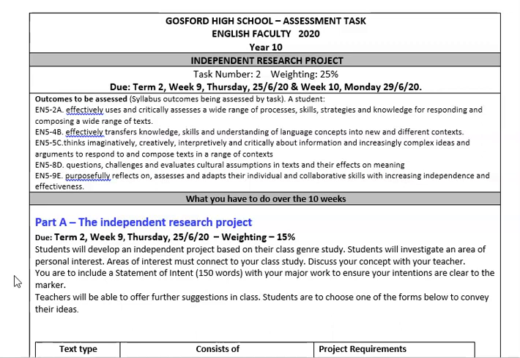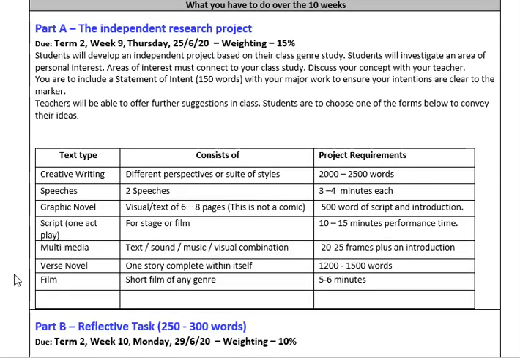Now, there are two parts that we're assessing in the IRP. So the first thing is actually the piece of work that you create, your major work. Okay, and when you look at the scope of what you can do, then you'll see that there is a good variety. And I'm just going to talk through each of them so you have a bit of an idea on what they entail. So first of all, you can do a piece of creative writing, and you'll see it's around 2,000